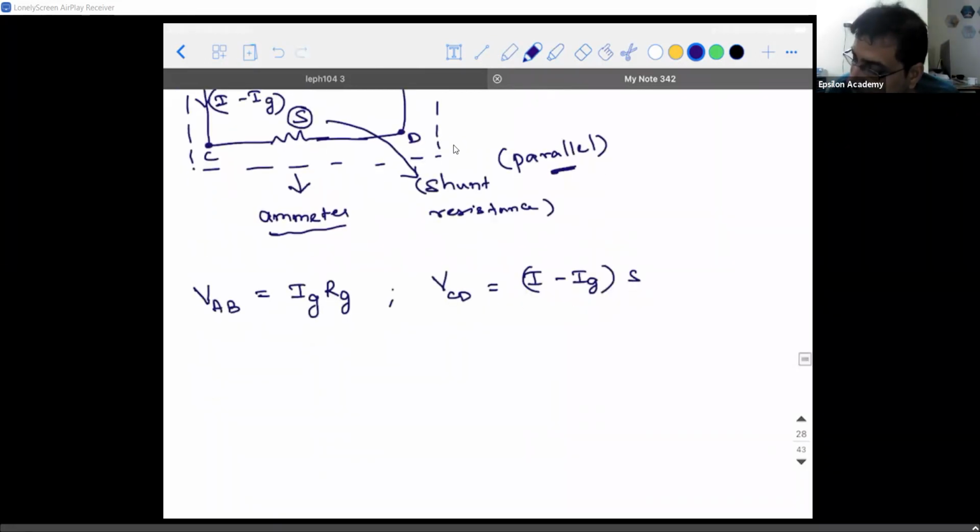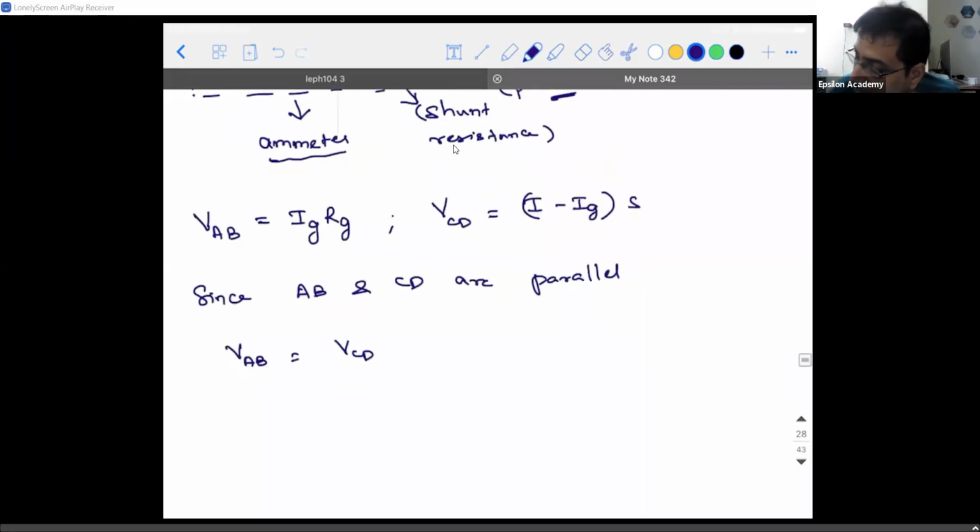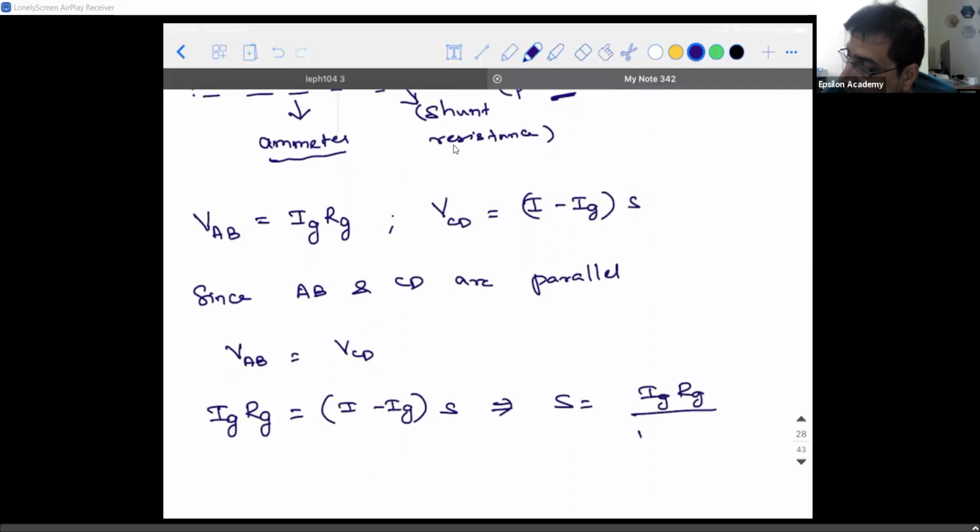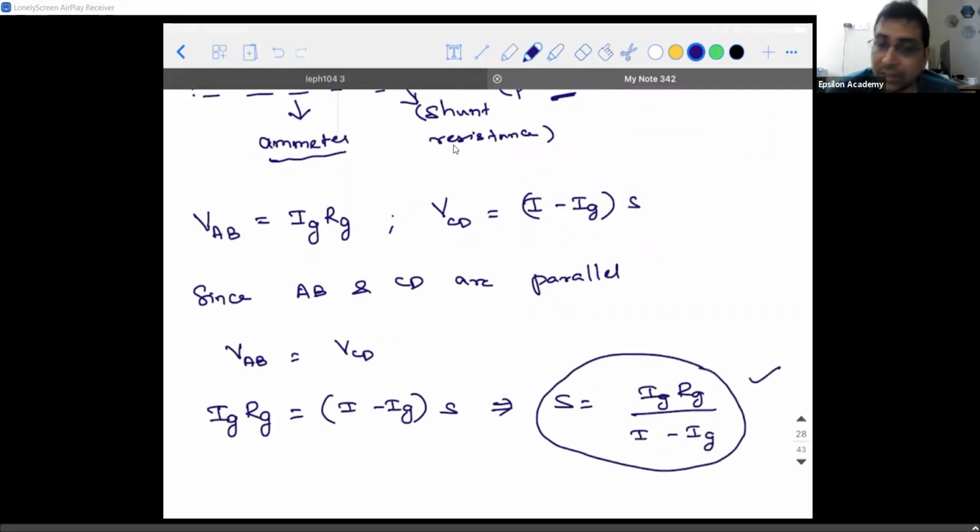Since AB and CD are parallel, can I write VAB equal to VCD? Then Ig into Rg will be equal to (I minus Ig) into S, which implies S is equal to Ig Rg divided by (I minus Ig). So this is the value of shunt resistance